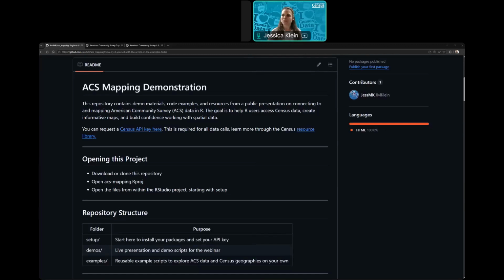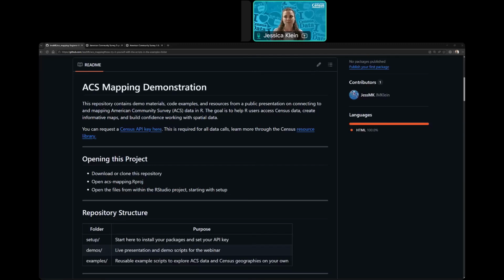Hi, everyone. One of the things that I enjoy most as a data scientist at the Census Bureau is seeing the many ways people use our data to answer questions and tell stories. The good news is the Census API makes a lot of this data available to everyone, making it easy to start your own exploration. In this demonstration, we will take many of the concepts you learned about from my colleague Vicki and put them into action using the R programming language and RStudio to retrieve data and create maps